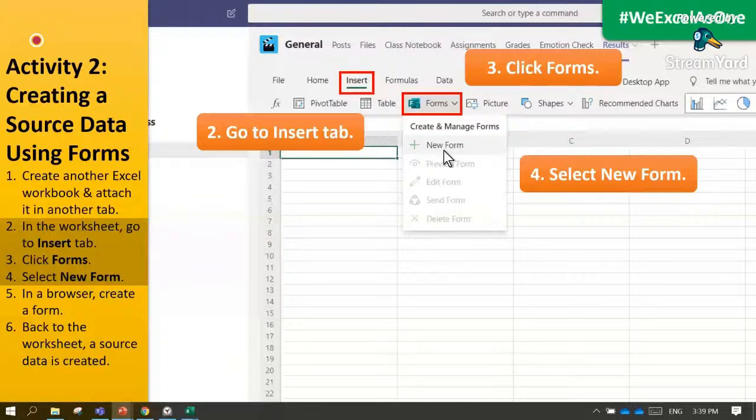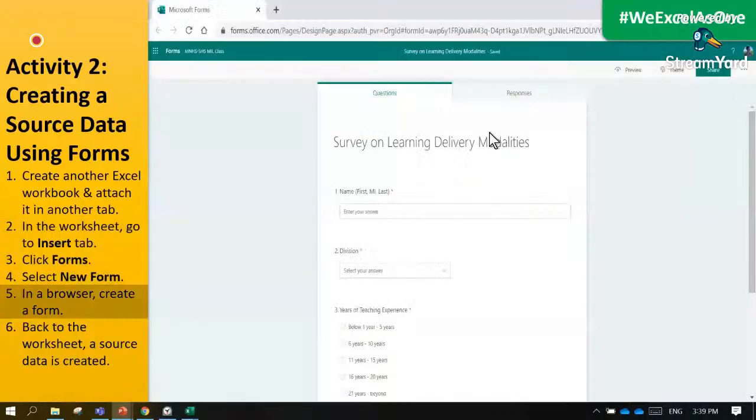Once you click new form, you will be directed to the forms web application, the one that was introduced a while ago by Ma'am Gwen. I am now already here in my forms web application because it has no desktop application. And for the fifth step, you're going to create your form.